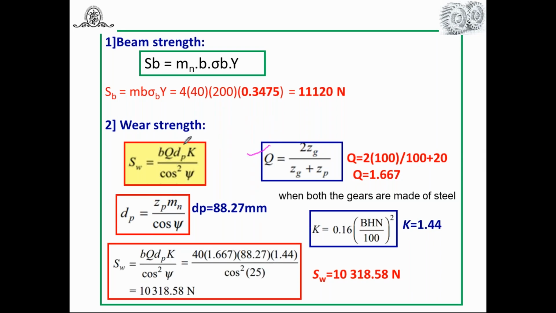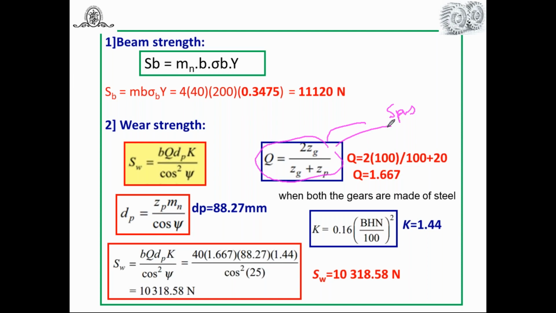Now the ratio factor, here Q. Again Q for helical gear is 2 into Zg upon Zg plus Zp. During the discussion on the theory part, you know very well we have taken into account the virtual number of teeth, and after solving it you got the relation for the ratio factor 2 Zg upon Zg plus Zp, which is the same as for a spur gear. While deriving it we used the virtual number of teeth on gear and pinion, and after cancelling some of the terms you get the same relation which is applicable to a spur gear.